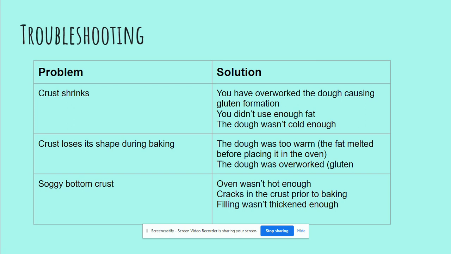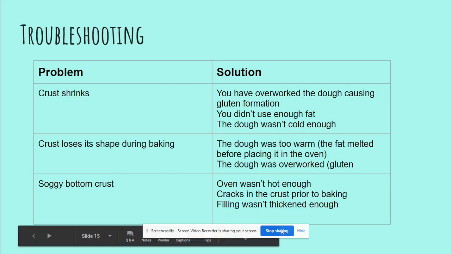If you have a soggy bottom crust, you have a couple things that could have happened. Your oven wasn't hot enough. You could have had cracks in the crust prior to baking, so liquid seeped through the crust, and then it just got underneath as well as on top, so it caused it to be soggy, or your filling wasn't thickened enough. All right, so those are some things that I